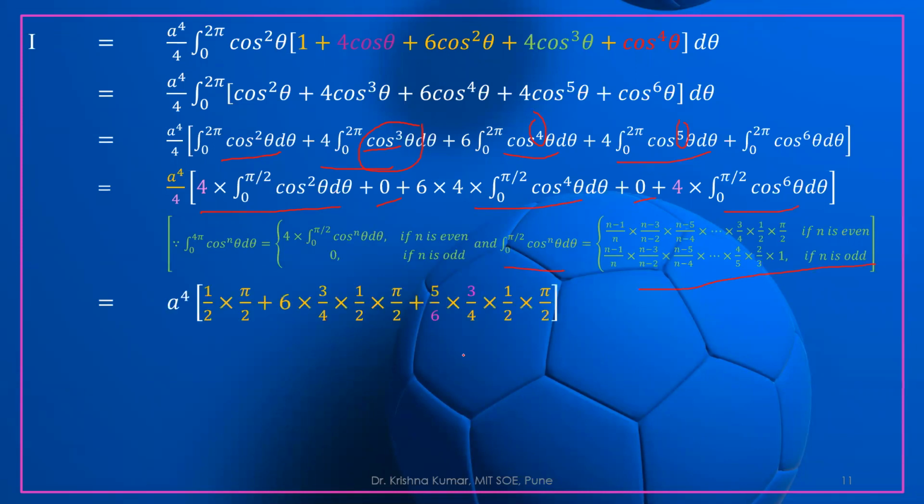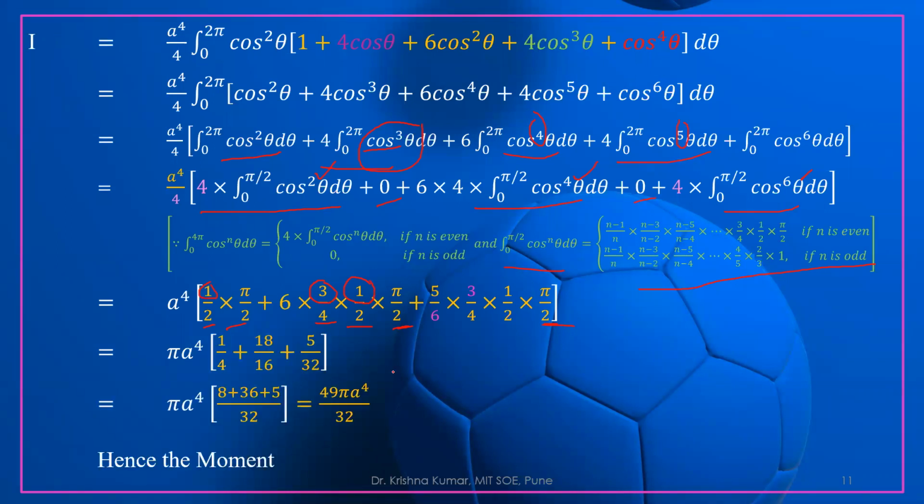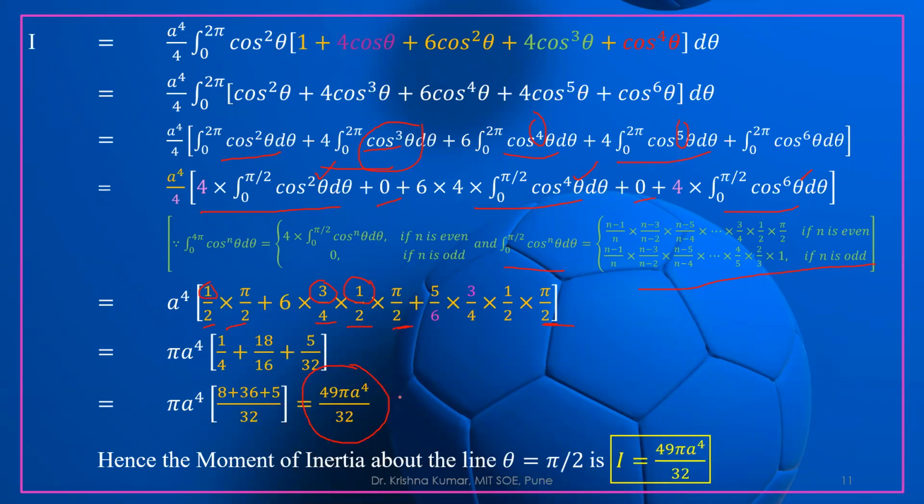So we can apply this reduction formula, then it is very helpful for us. So just look here, it is 2. So we can write 2 minus 1 is 1 upon 2 into pi by 2. Since all are even, 2, 4, 6, all are even, so it is multiplied by pi by 2. So this is what 4 means: 3, 4 minus 1 is 3 upon 4, 4 minus 3 is 1 upon 2 into pi by 2. And in this manner we are able to calculate it. So this is a similar process. What is the answer over here? It is 49 pi a to the power 4 upon 32. So we are getting a different answer for both the questions.